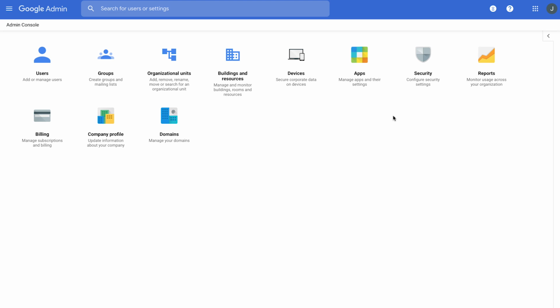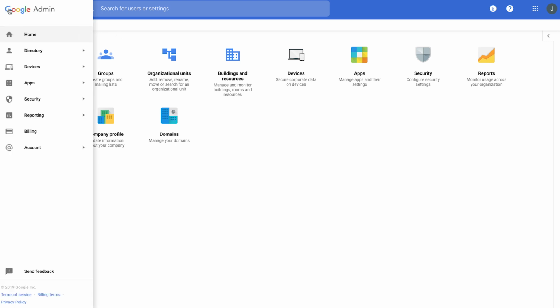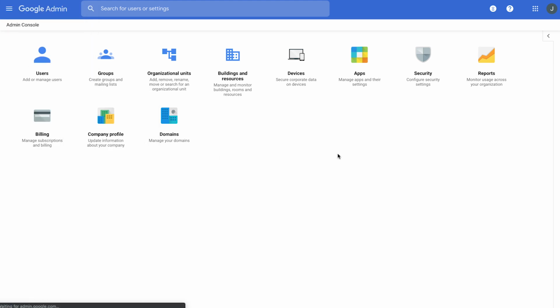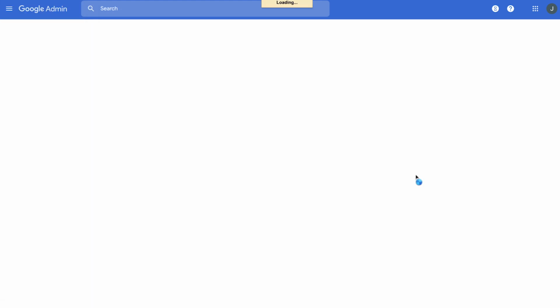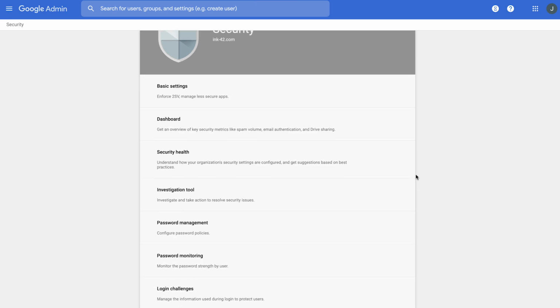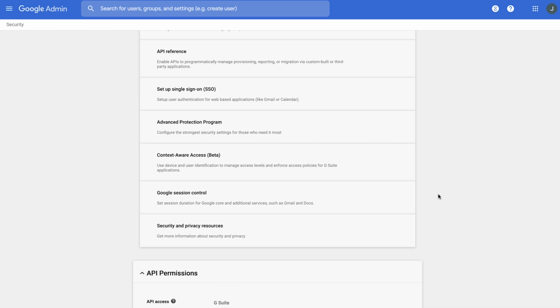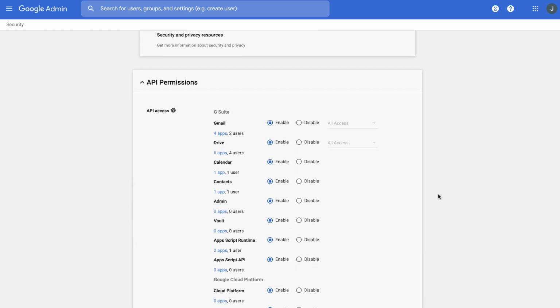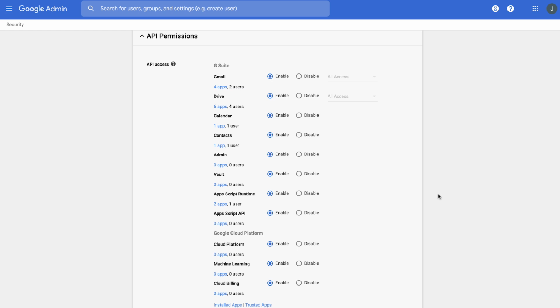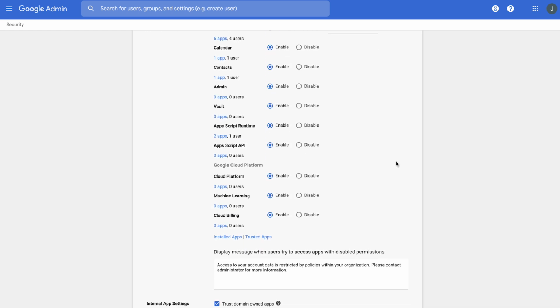The way you get there is from the Google Admin or G Suite Admin page. In the security menu on the left-hand side, you go to Security Settings. You can also click on the security icon, which will take you to Security Settings. In the Security Settings, you go all the way to the bottom, and you'll see API Permissions. This allows you to control who has access to G Suite APIs or OAuth 2 scopes, where apps can access data such as your Gmail, Drive, Calendar, and other G Suite app data. As you can see here in this account, access to these OAuth 2 scopes is enabled for all services today.